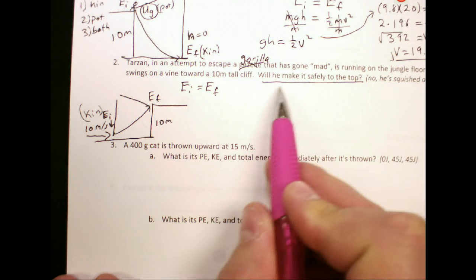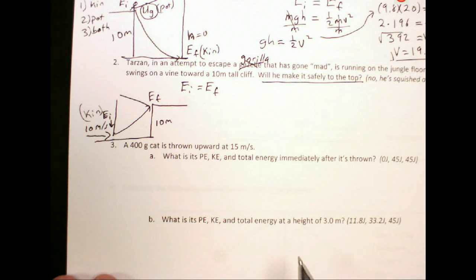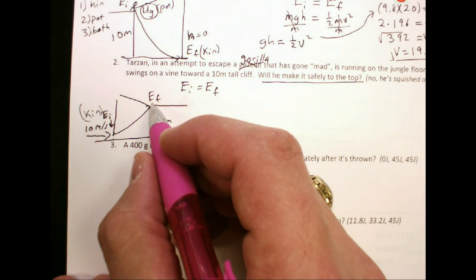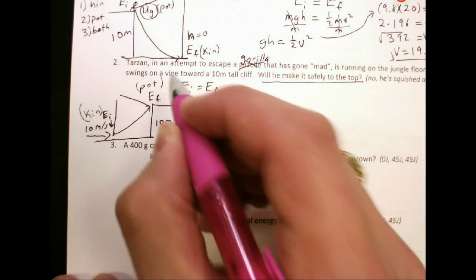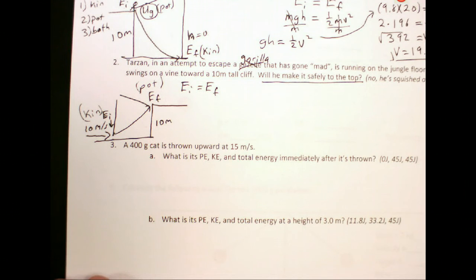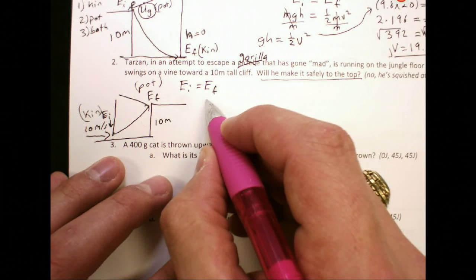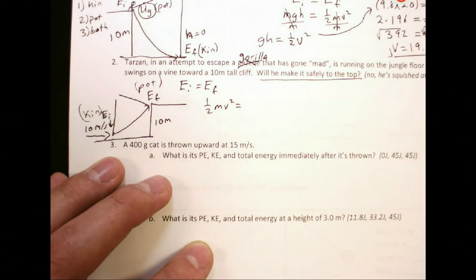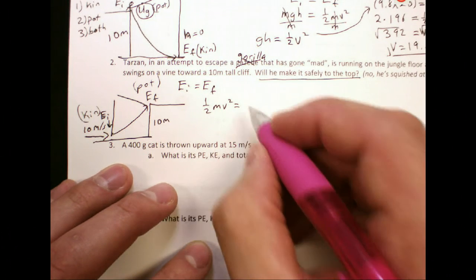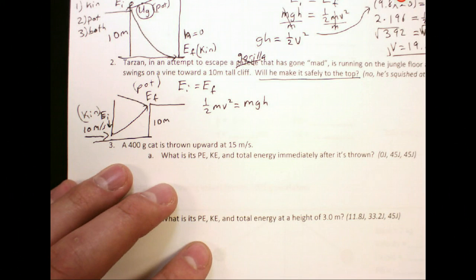And actually what we want to know is, will he make it safely to the top? What we really want to know is, how high will he go? What is his height when his velocity is 0? So at the top, we want to know potential energy. Initial energy equals final. In this case, the initial energy is kinetic energy, which we find by using 1/2 mv squared. The final energy is potential energy, mgh. Once again, we don't have his mass, which is a good thing because